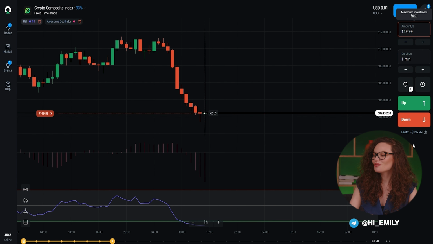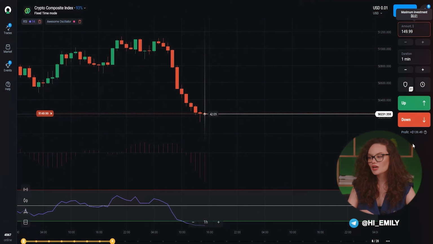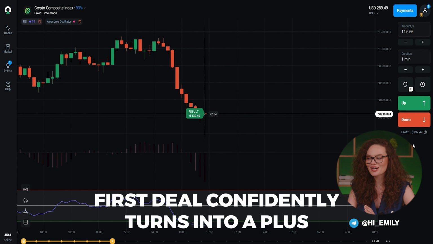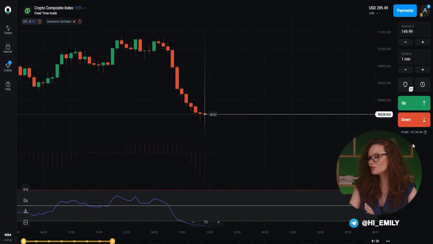$4,000. We are opening our first trade for a reduction in the amount of $150. Here is the intersection of our sliding curves down and a diagram with an active downward movement. We are watching how our first deal confidently goes into the plus and waiting for the right moment for the